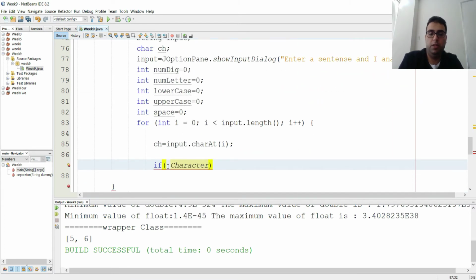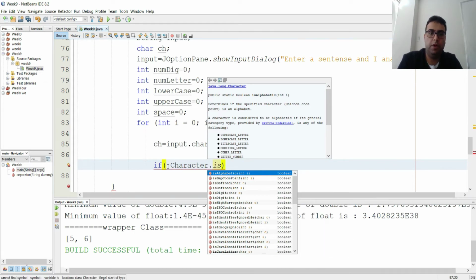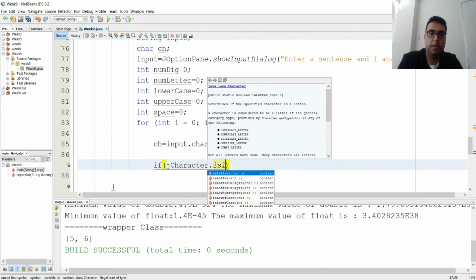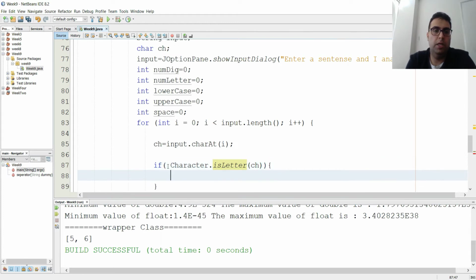So you're gonna use that class here, Character, and you're just gonna find whether this character is a letter or not. When you see the is, you'll see it in many languages. It means just generating Boolean output. So it tells you it is or it is not the character. So we check that if this is a character, what we're gonna do, we're just gonna